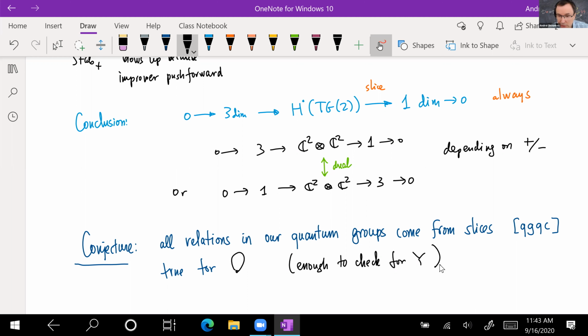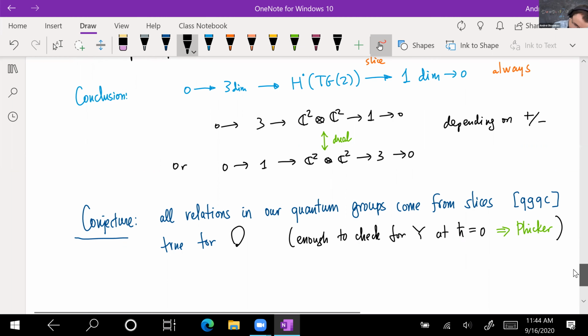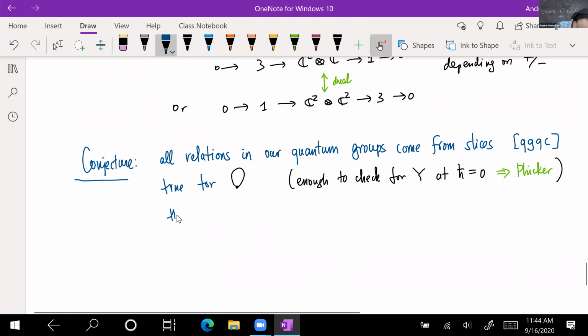So this kind of pullback argument works in any cohomology theory. And so it's enough to check this for the Yangian. Again, it's in QGQC, it's checked explicitly that this reproduces in the end. In fact for the Yangian, it's enough to choose a special point at h bar equals 0, and this just gives the relations. And so in particular, in this case, we discussed